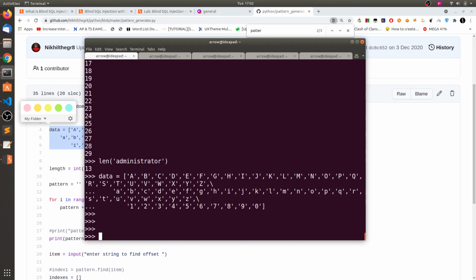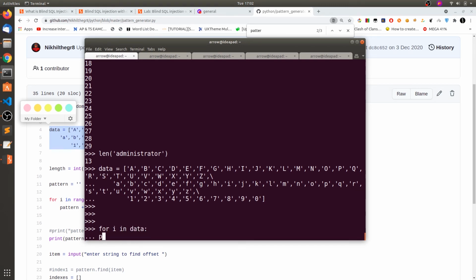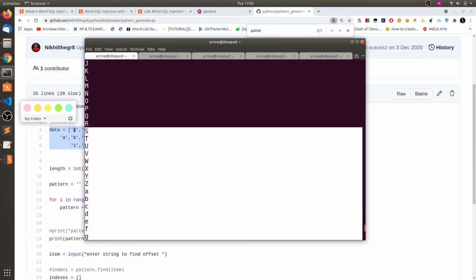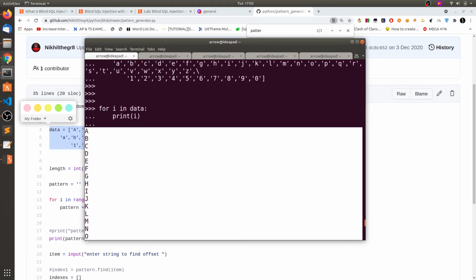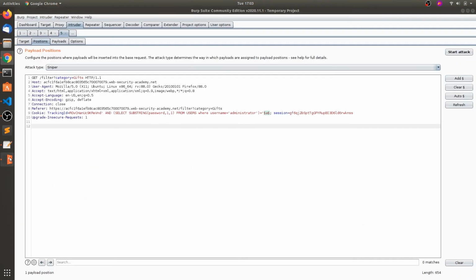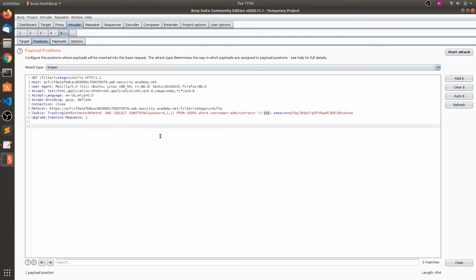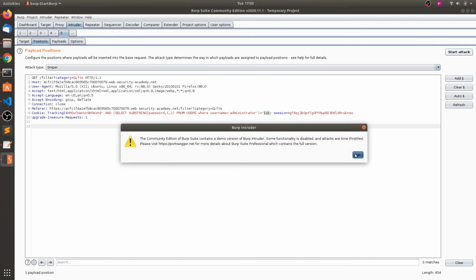So now for i in data, print of i. Let me copy all of this, go to payloads and paste here. So we are checking every alphabet and number as the first letter of the password. Now let's start the attack.